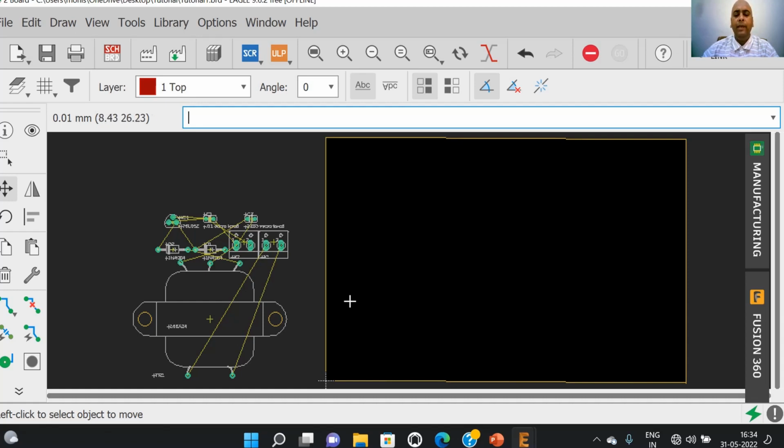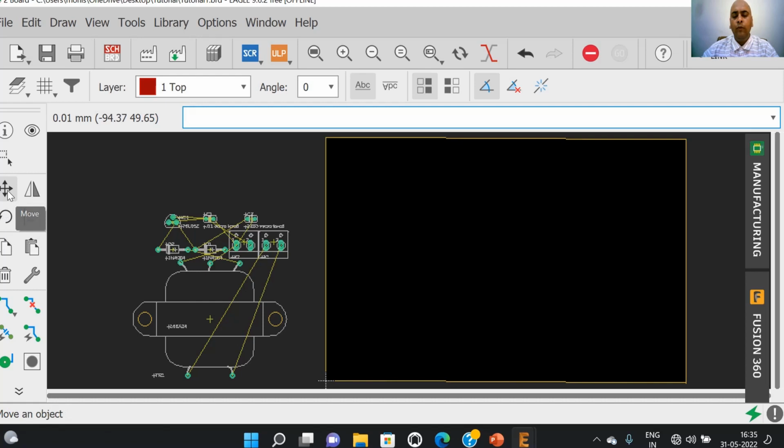Our next aim is to move all the components of the schematic from outside the board to inside the board. We can use the move tool or the rotate tool in order to move and adjust the position of all the components.